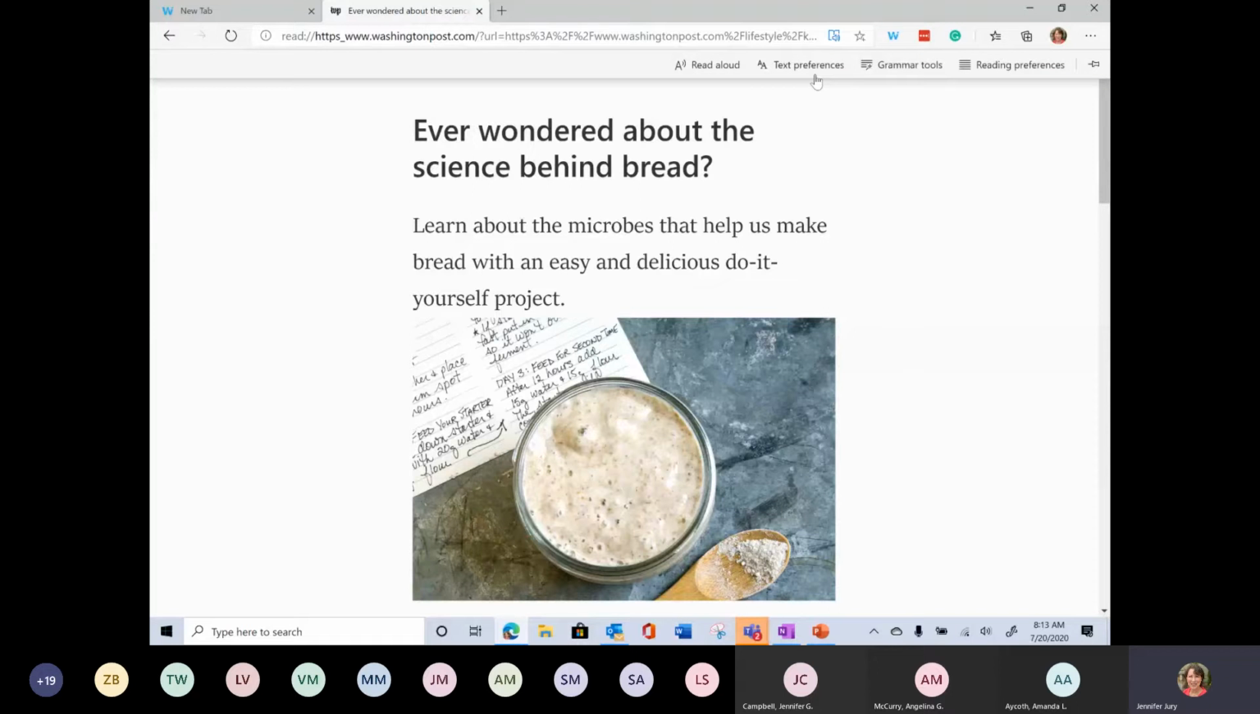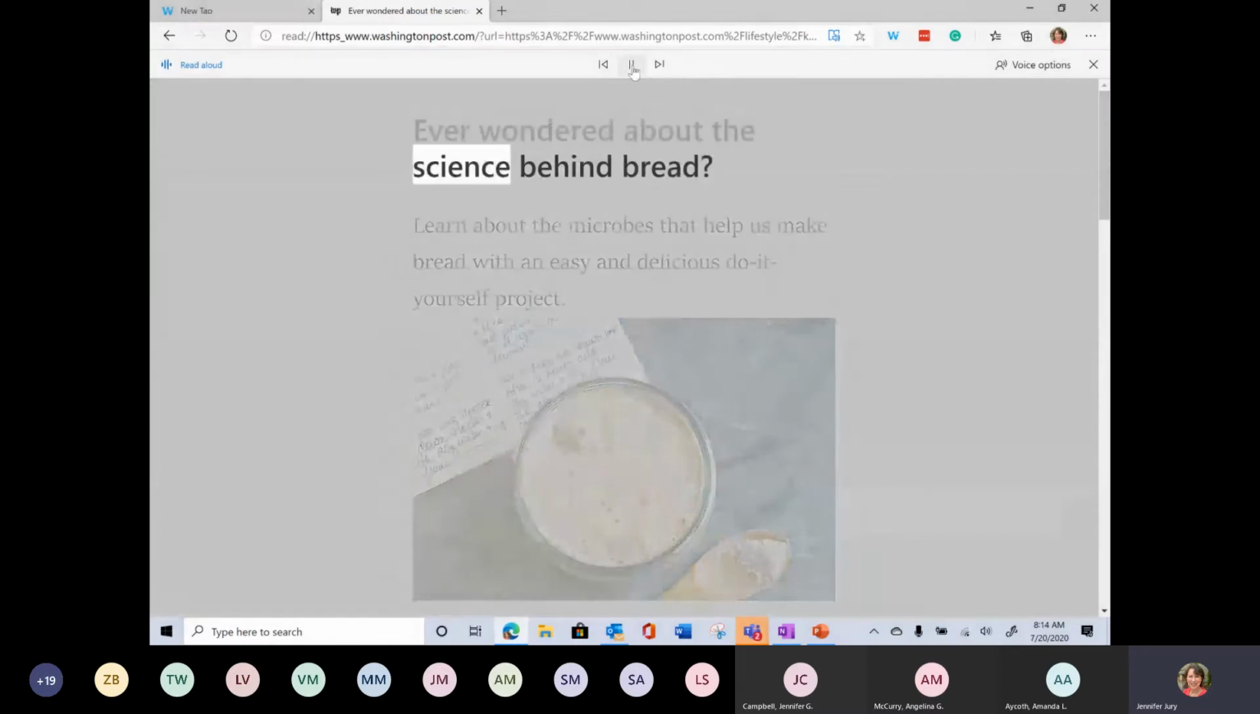So it's a little bit different. You have everything across the top. You have your read aloud, you have your text preferences, your grammar tools, and your reading preferences here with your line and your translate. With your read aloud,